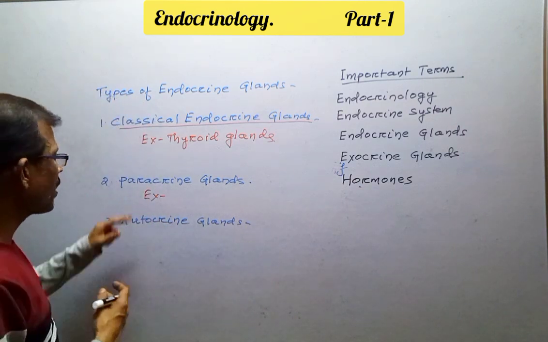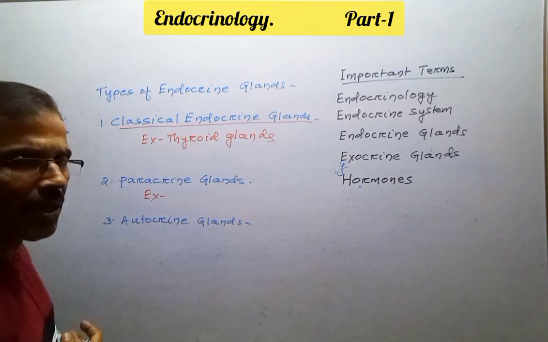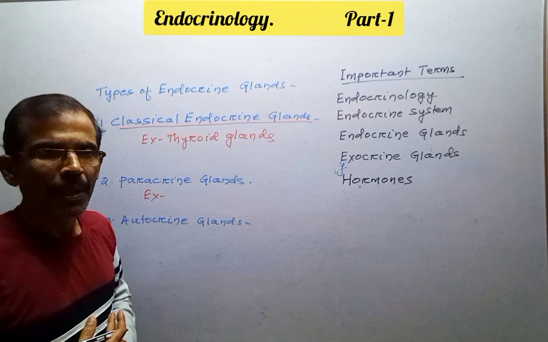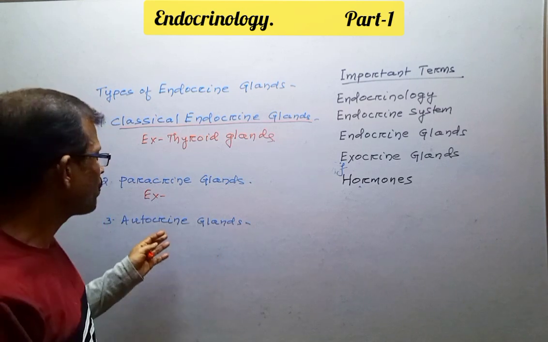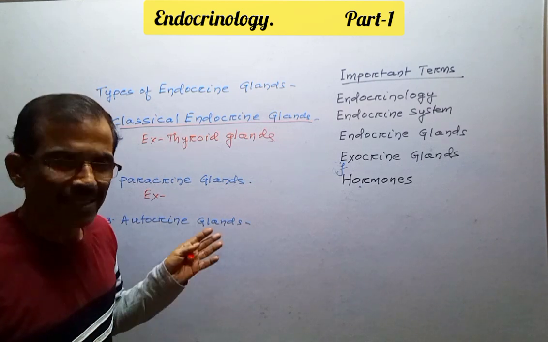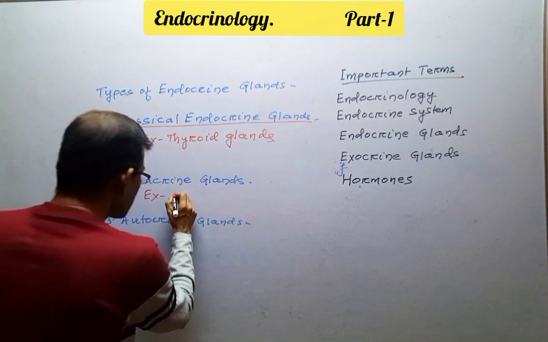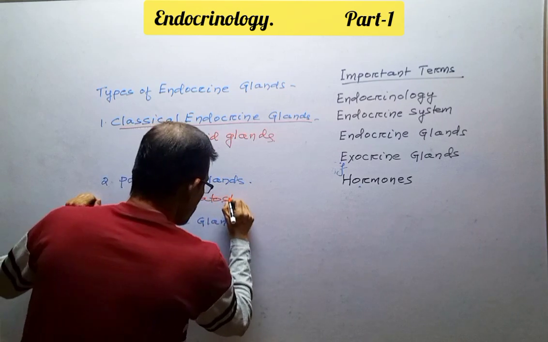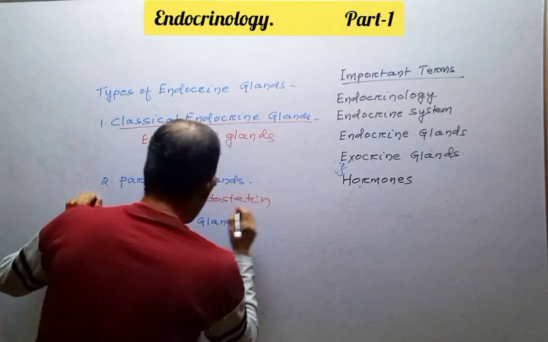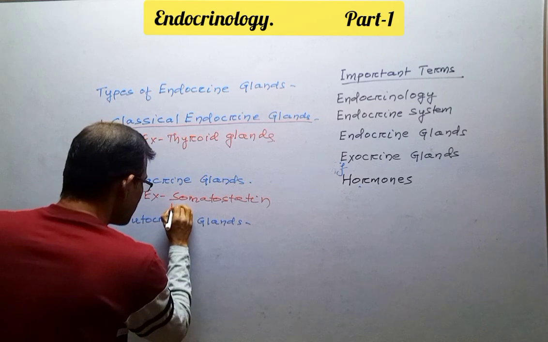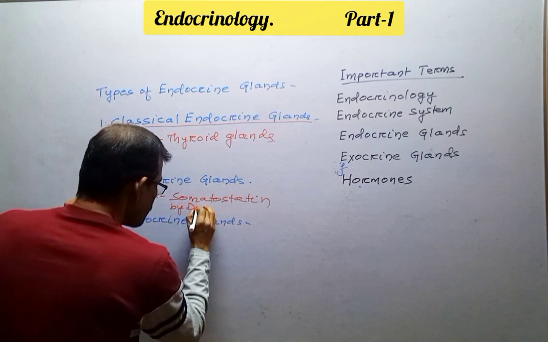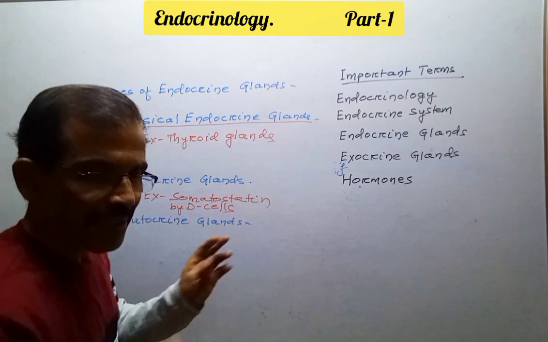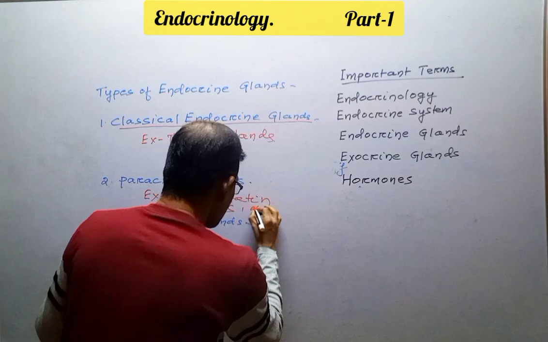Second type of endocrine gland is paracrine glands, whose hormones act locally. That means the hormones produced by paracrine glands act on adjacent cells. For example, somatostatin produced by D cells act on the adjacent alpha and beta